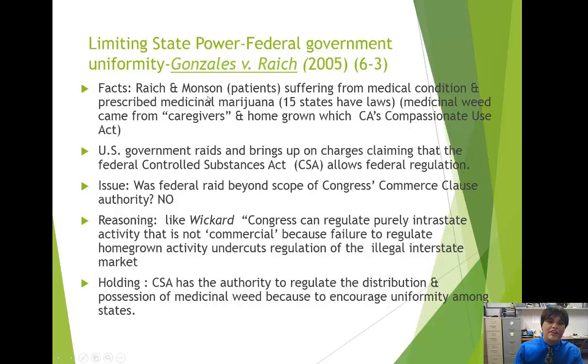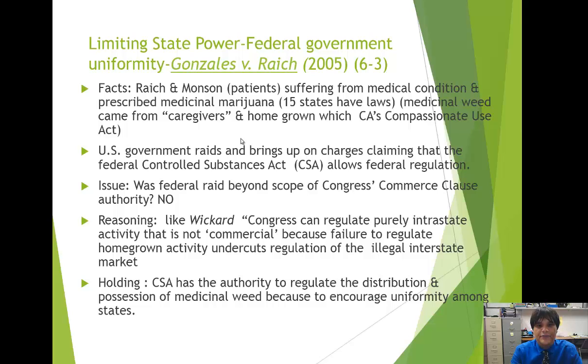In Gonzalez versus Raich, you have Raich and Monson, and they're patients. They're suffering from a medical condition, and they're prescribed medicinal marijuana. And at this time, 15 states have laws allowing medicinal marijuana. So they're within their rights to seek medicinal marijuana because it complies with California's Compassionate Use Act. This Compassionate Use Act allows medicinal marijuana. And so Raich and Monson say, hey, we're not doing anything illegal here. We're complying with